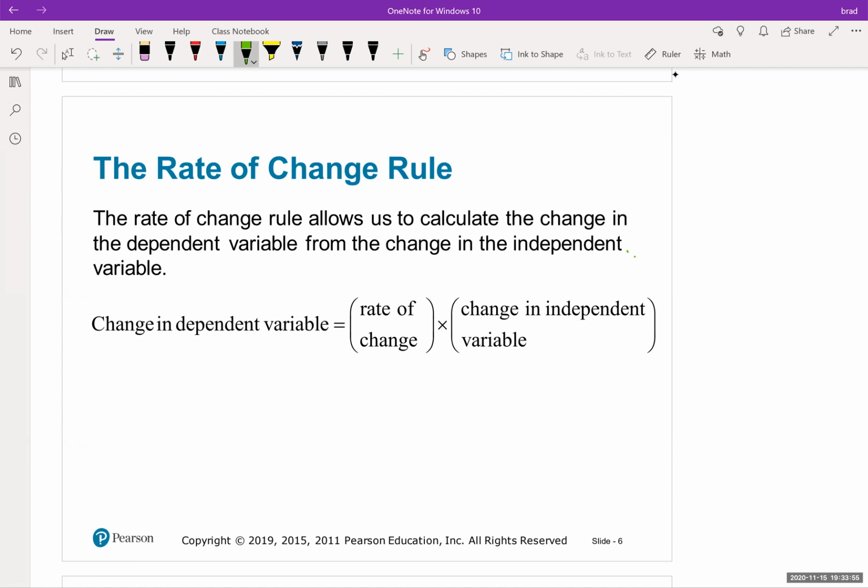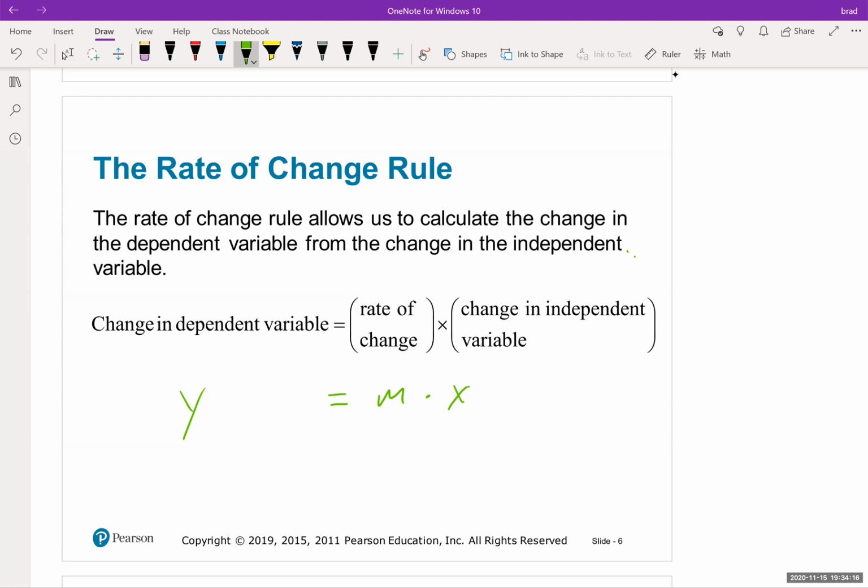So the change in the dependent variable, which is normally for us y, equals the rate of change, that would be m, times the change in the independent variable. Well, that would be x, right? So basically what we're doing